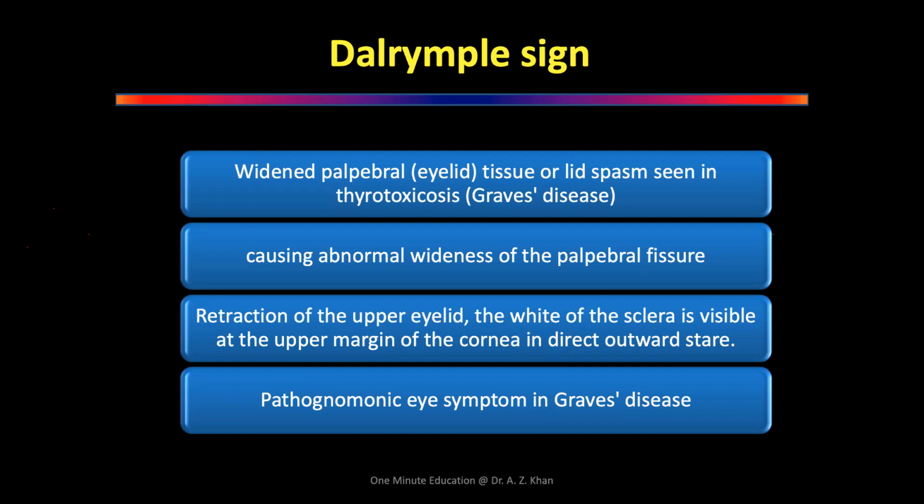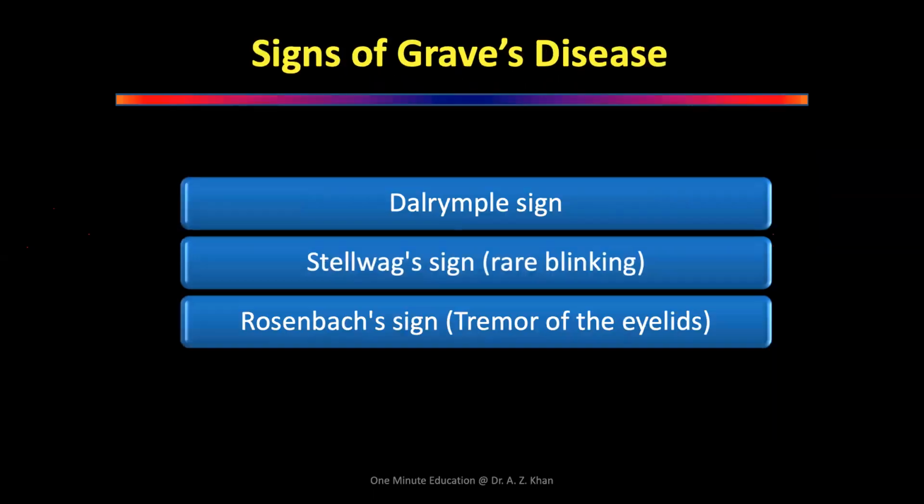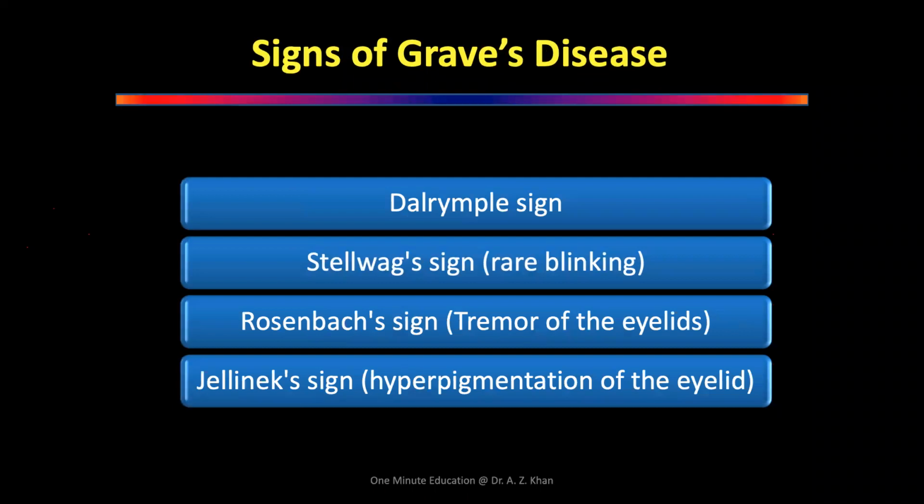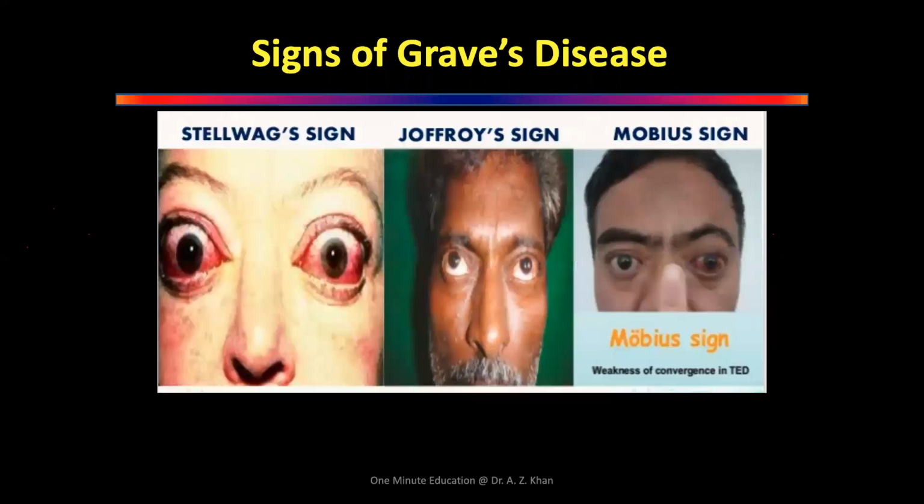Now you must know all the signs of Graves' disease. I'll just quickly go through the signs just to help you, and you need to go through these things for your exam. Everybody who's doing FRCS, certainly please do it, and also MCH may have this exam. So Dalrymple sign we spoke about. Stellwag is rare blinking. Rosenbach is tremors of the eyelid. The Jelinek sign is hyperpigmentation of the eyelid. Okay, quite important. So see these 3 signs. Stellwag,